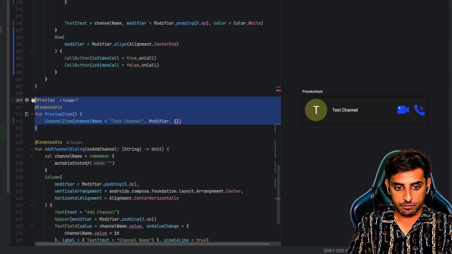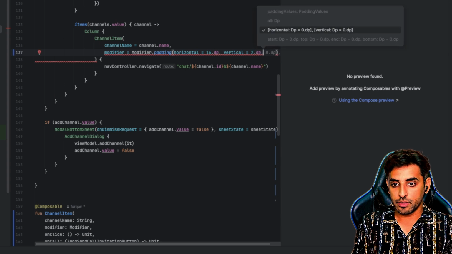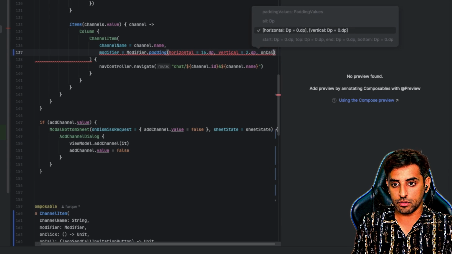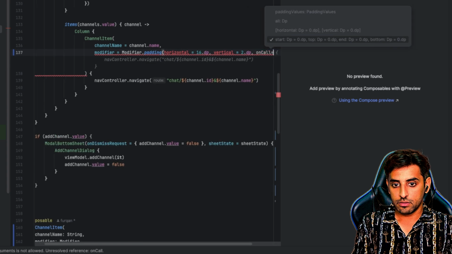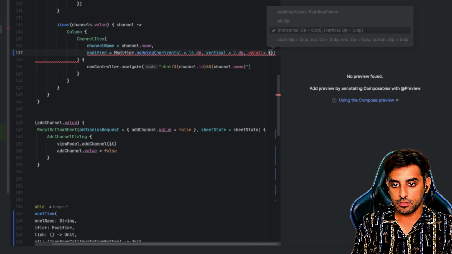And just remove the preview item, we don't need it. Over here I'll say on call equals to nothing, and then